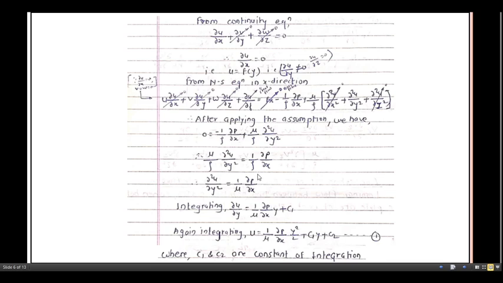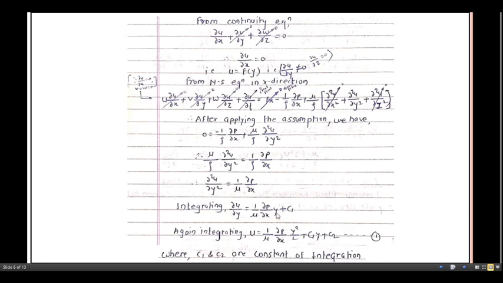This term becomes constant, and if I put these things inside the integration sign, then the y plus a constant comes into the picture, that is c1. Again, if I take the integration of this term, then I can get the value for u on the left side. In this case, we get 1 upon mu into dabba p by dabba x.